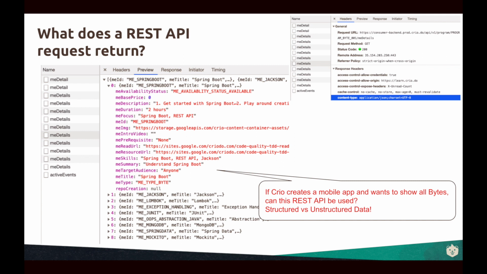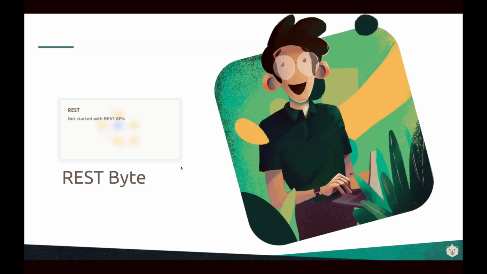For the sake of simplifying the whole concept of REST API, you can think that whenever a request returns back structured data, you can safely call that a REST API to start with. And a REST API is also an HTTP request. It's no different from an HTTP request except for the fact that you are getting structured data back. This is a slightly simplified version. As you move forward, you might get a slightly better understanding of REST API. All right, that's about it.